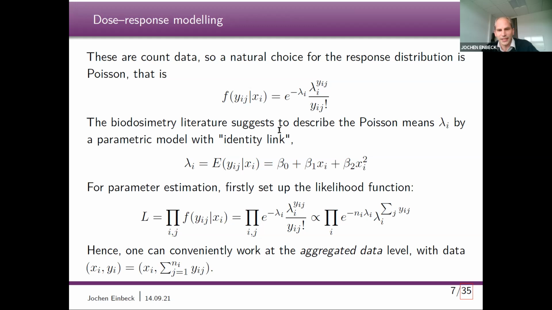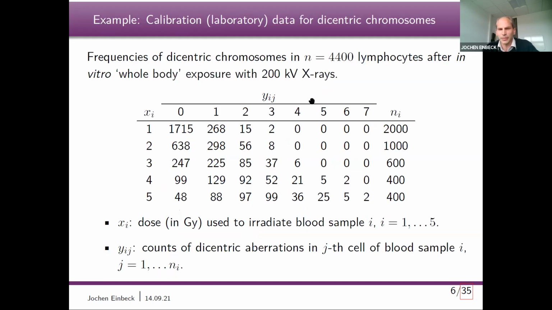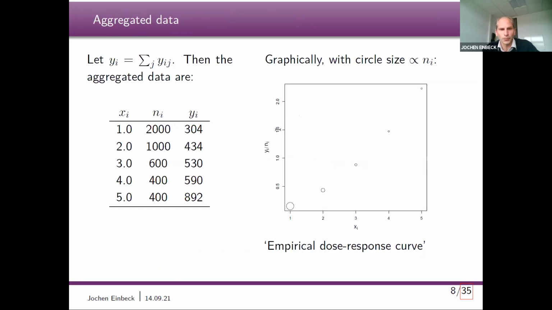So that means in practice, in order to fit such a calibration curve, we don't really need that big data table. We can just sum things up here within each row and work on the aggregated data level. So this is then the summary that we have here. So here we have the number of cells considered, and then here we have